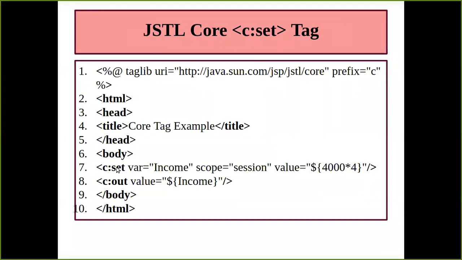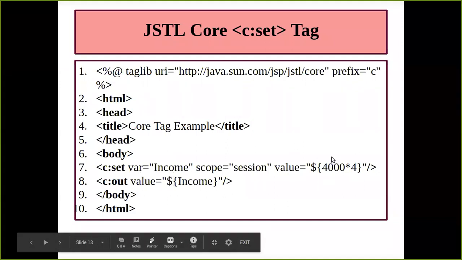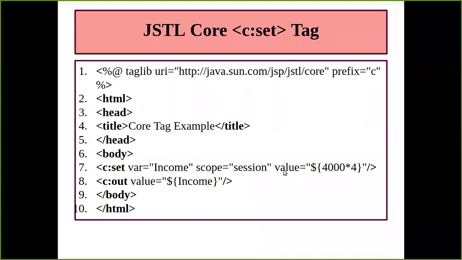First of all, you have to understand that there are three attributes again. That is var, which is responsible for creating the variable. Next is what? Your scope, which is going to decide the scope within your JSP page. Then next is what? Your value. You can have certain expression language which you can calculate and place into this. And after doing all these tasks, we just want to display the value which comes out of this set tag.